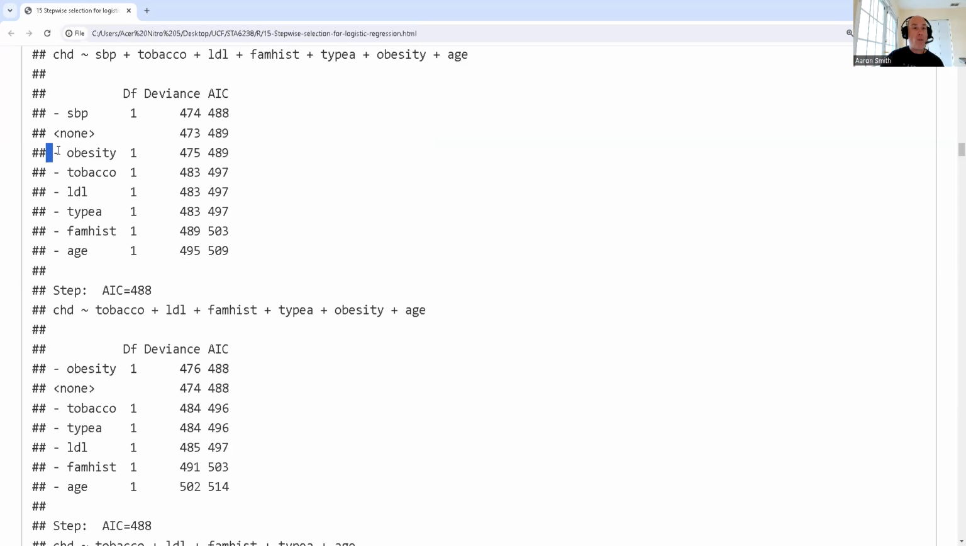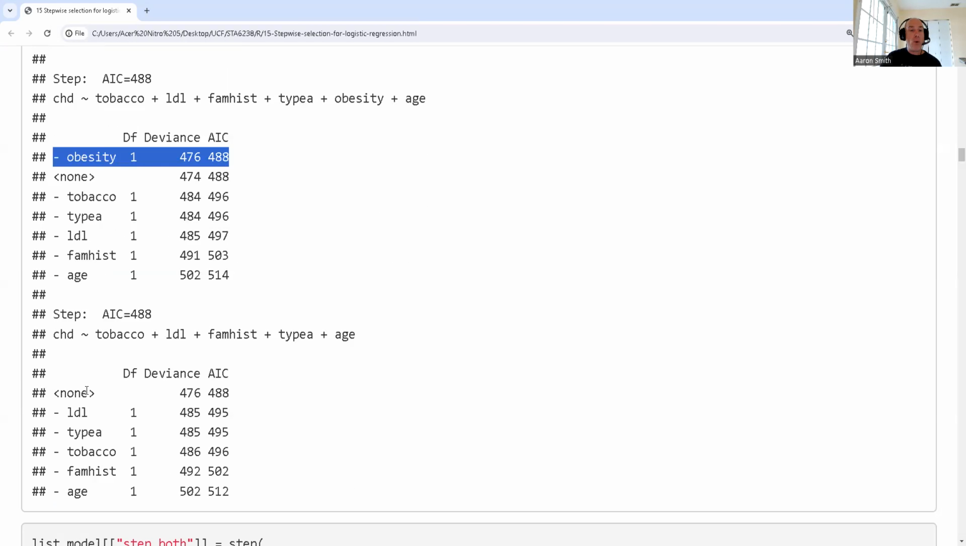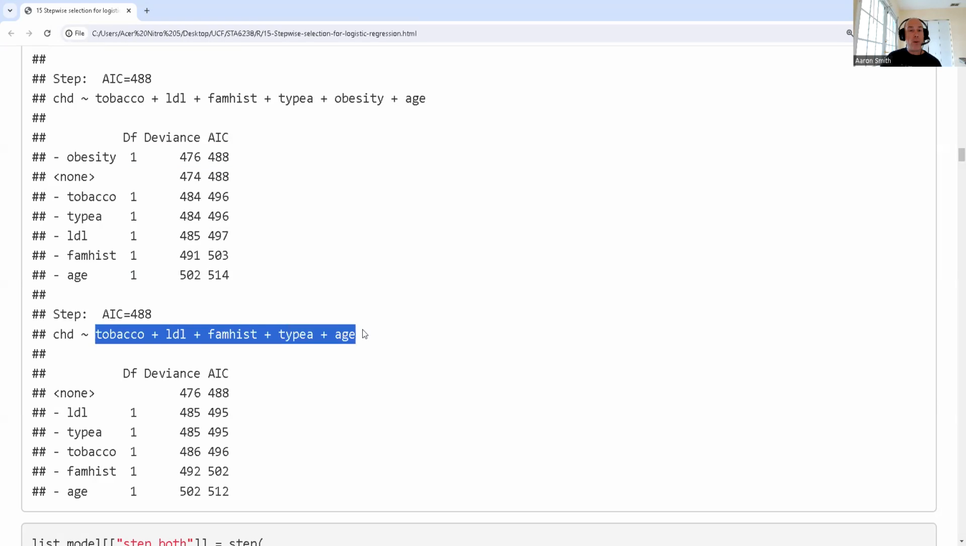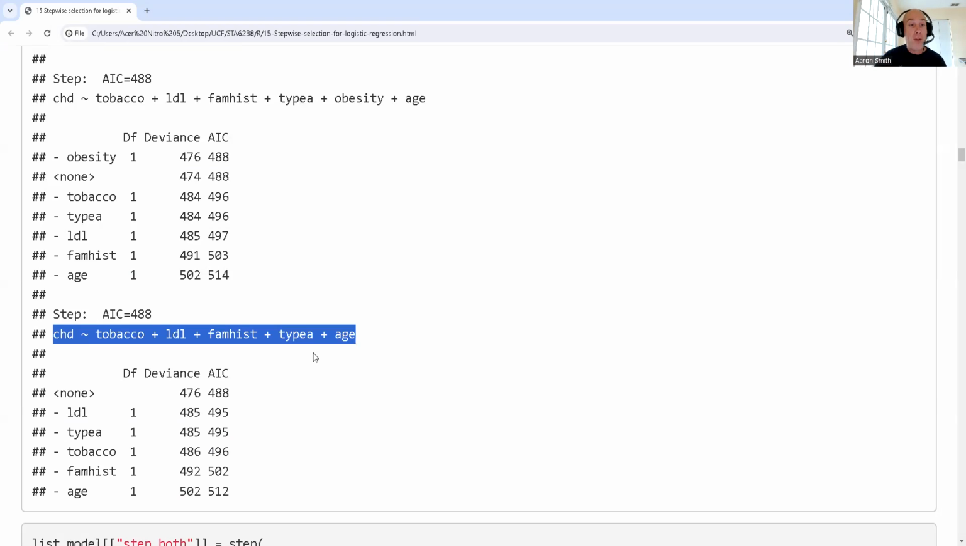All right, so here I have obesity below the current model that we have, considering removing a variable from, and obesity actually jumps it, which is kind of an interesting thing. And so, under the scheme, we'll go ahead and remove obesity. And at this point, removing a predictor variable would not improve the AIC. Since it wouldn't improve the AIC, I stop. This is my final model for using backwards elimination. So we've got 1, 2, 3, 4, 5